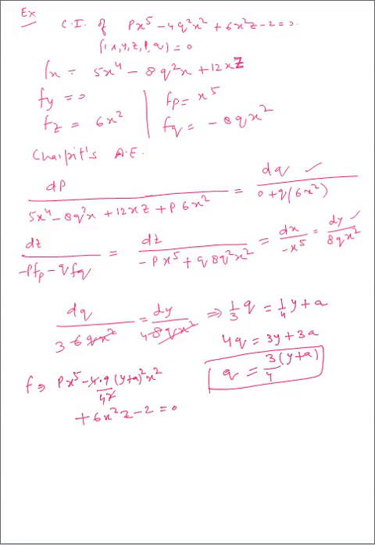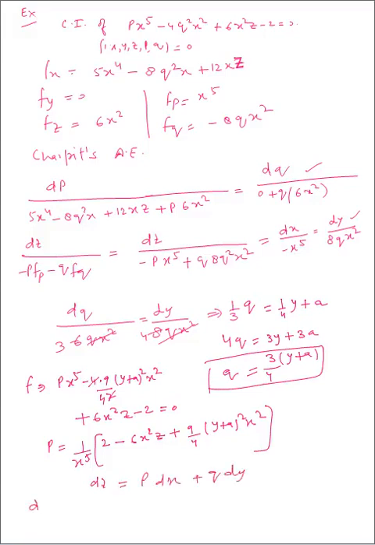So p from here we can have p is equal to (2 minus 6x square z plus 9 upon 4 (y plus a) whole square x square) upon x to the power 5. Now we put these values of p and q in dz. So dz is equal to p dx plus q dy,